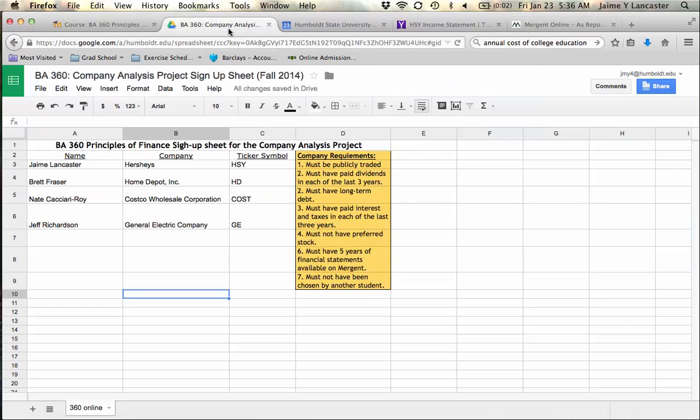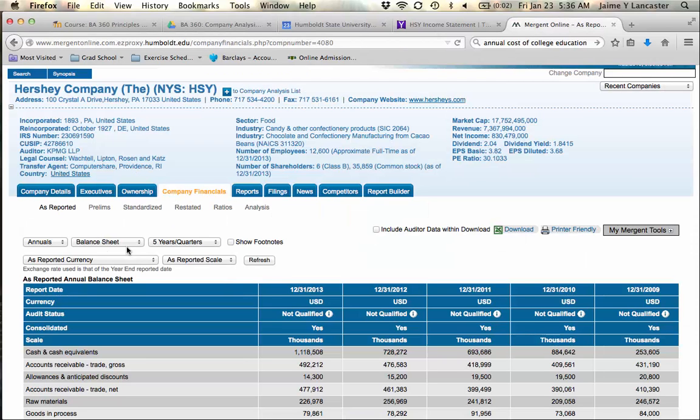So we're going to start back here on our spreadsheet. Publicly traded, boom, got it. It's here, it's publicly traded. Dividends in each of the last 3 years, we're going to find that on the statement of cash flows. Come on over here. We want it in annual, balance sheet, cash flow,